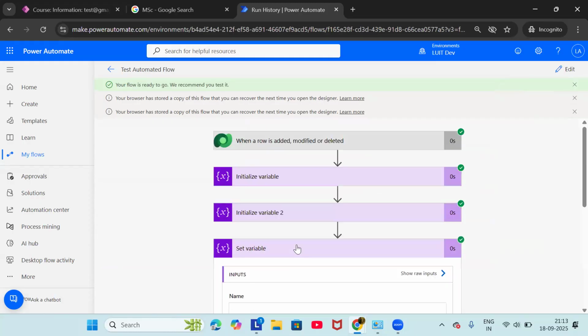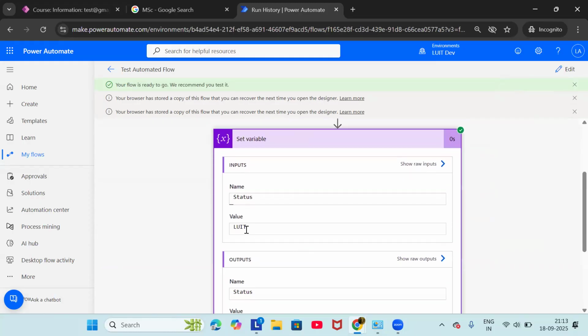Okay, now you can see how it's set. Here you can see LU, it is two strings. Here I have directly provided the hard-coded values, but in real-time scenarios,